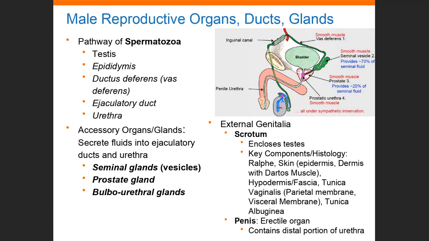And that big tube that goes up, over, and around is your ductus deferens or your vas deferens. And for males who get a vasectomy, this is where they're trying to cut. They go right here in the scrotal sac, make a little incision, and cut the tubing so the epididymis is no longer connected to the ductus deferens. Then any sperm created would just exit into the interstitial space, the hypodermis space, and be lost to any immune cells living in that